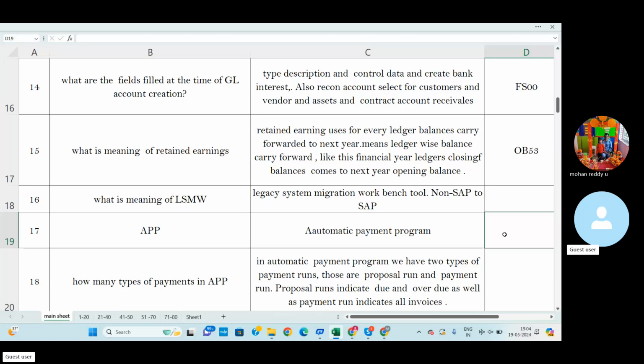So we can move the complete data from non-SAP to SAP using LSMW.